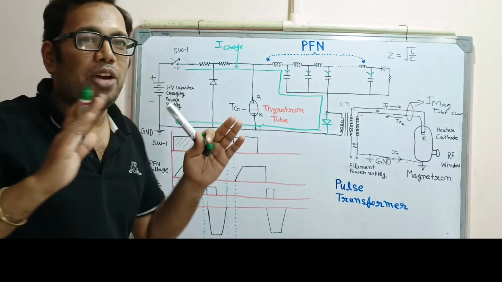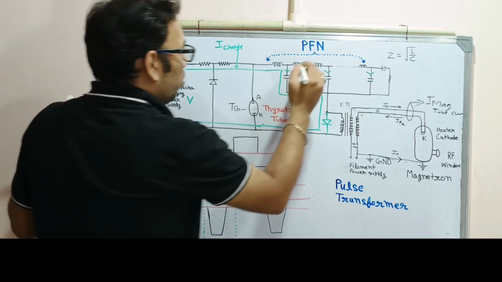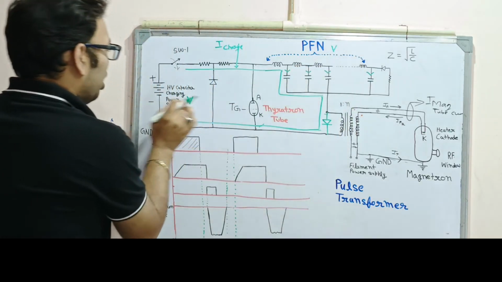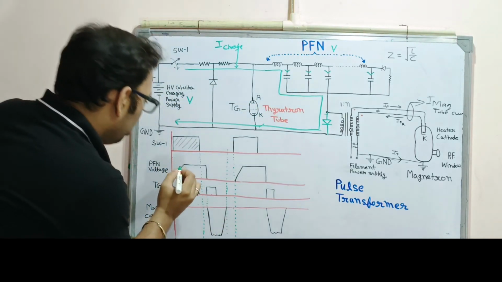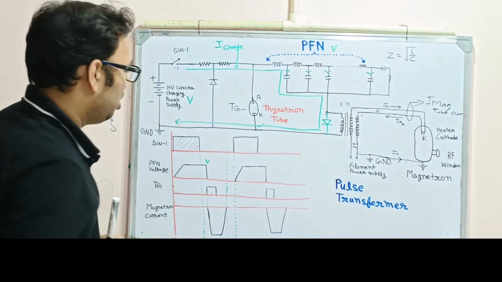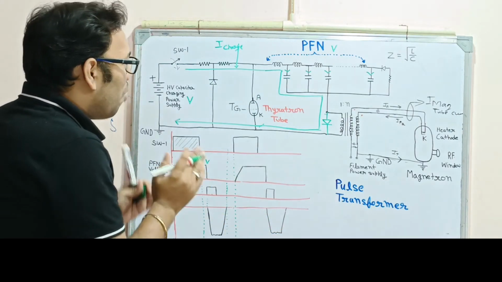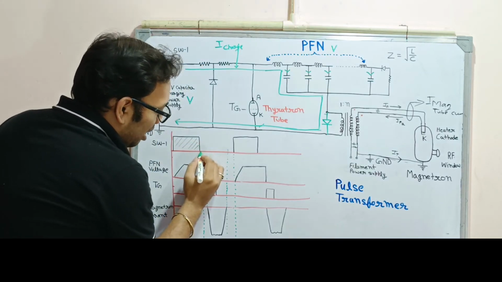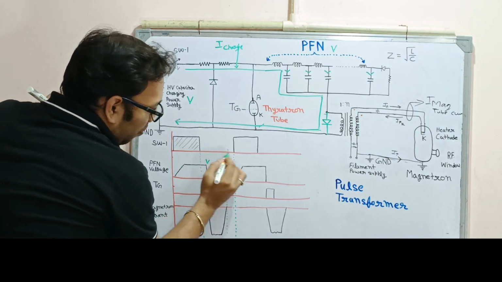So now my PFN is charged to the same potential of V. So what is the voltage across the PFN? V voltage. Whatever the voltage of HUPS is there. So PFN is charged to that potential. So this voltage is called V voltage. This flat line. So now PFN is charged. After that, what I have to do? I have to stop the switch. So what I did here is, if you see, the trigger pulse or switch is turned off in this period.